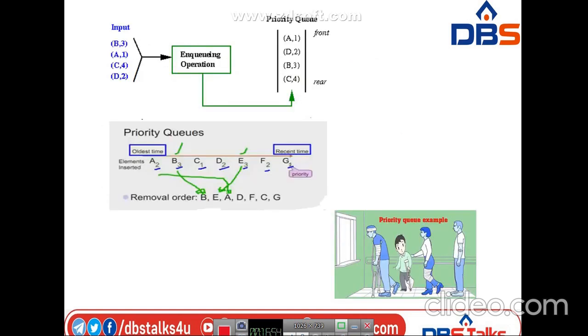Then next, generally there are two types of priority queues. But before that, let us see one simple example to understand the priority queue. We have a priority queue that contains some values. The values are 1, 3, 4, 8, 14, 22. You should remember these values: 1, 3, 4, 8, 14, and 22. All the values are arranged in ascending order.